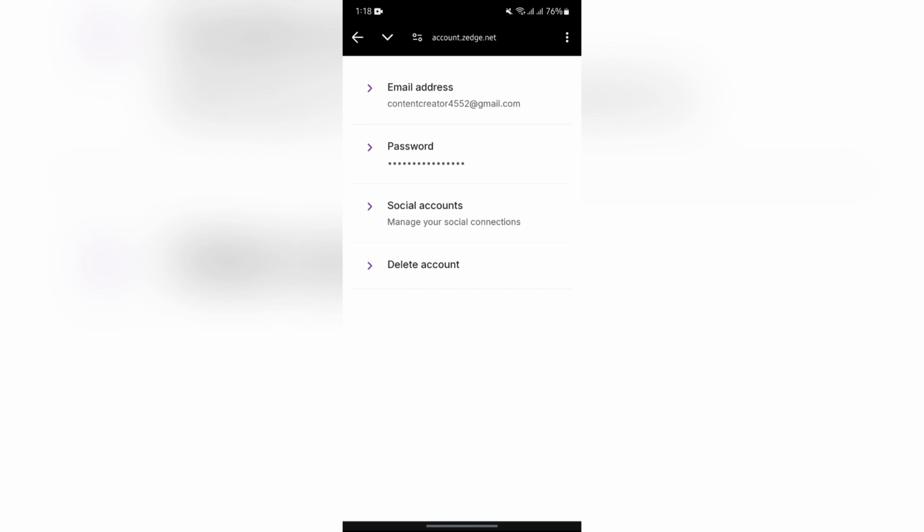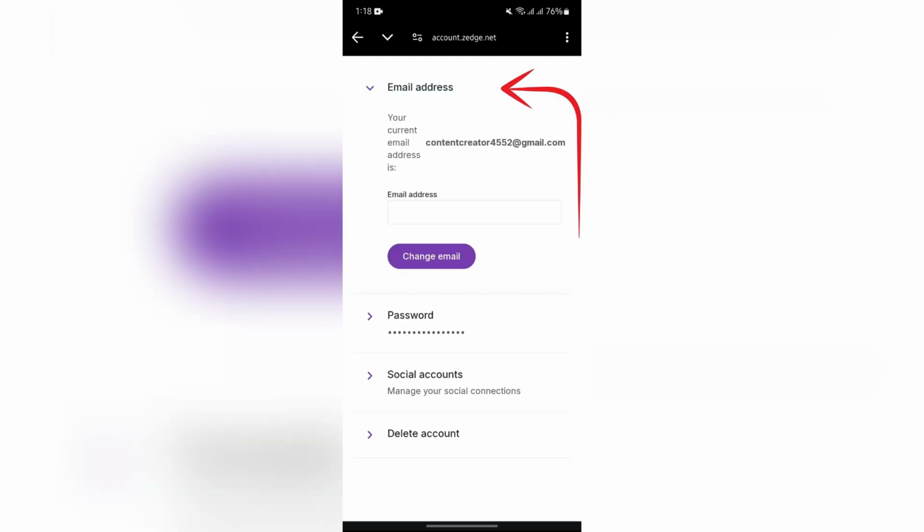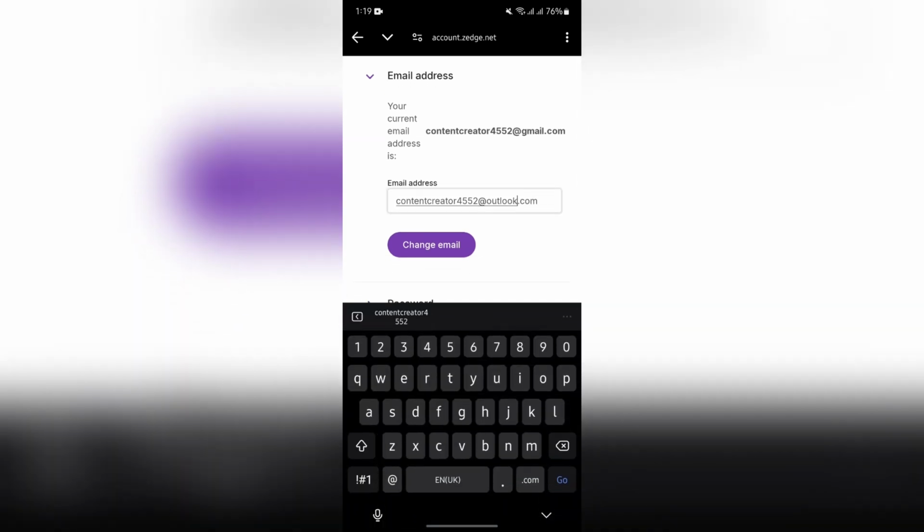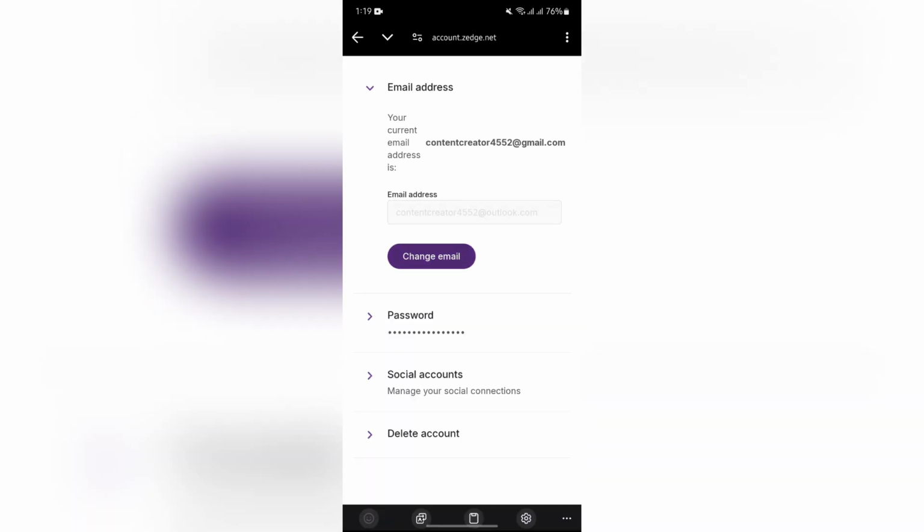After clicking the Manage Account option, it will lead you to the site account.zedge.net. In order to change the email address, just simply select this email address at the top. Then after that, enter the email address that you want to change to. After entering the email address that you want to set now, just simply tap the Change Email option, and